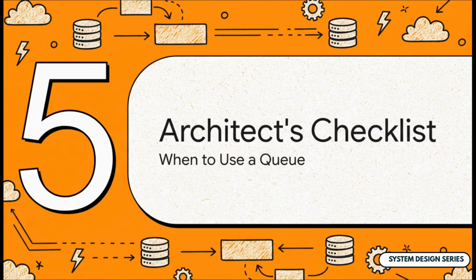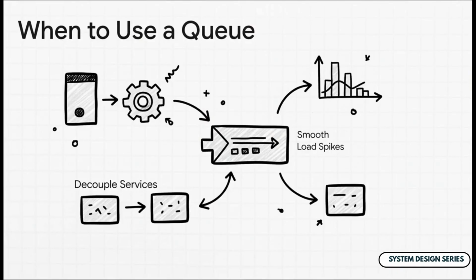So let's try to distill all of this down into a simple, clear checklist. When should you reach for a message queue in your architecture? And maybe, when should you hesitate? So when is a message queue your best friend? Well, anytime you need to do work asynchronously. Anytime you want to decouple services so your teams can build and scale them on their own. And they're fantastic for smoothing out spiky workloads. Basically, they are the absolute backbone of reliable, modern, event-driven systems.